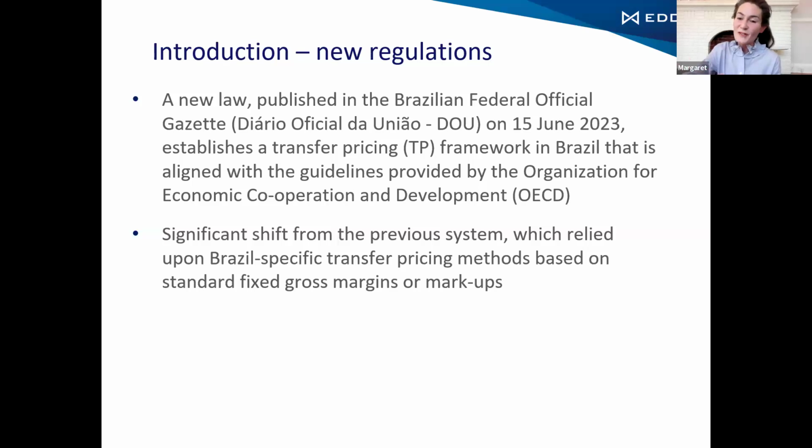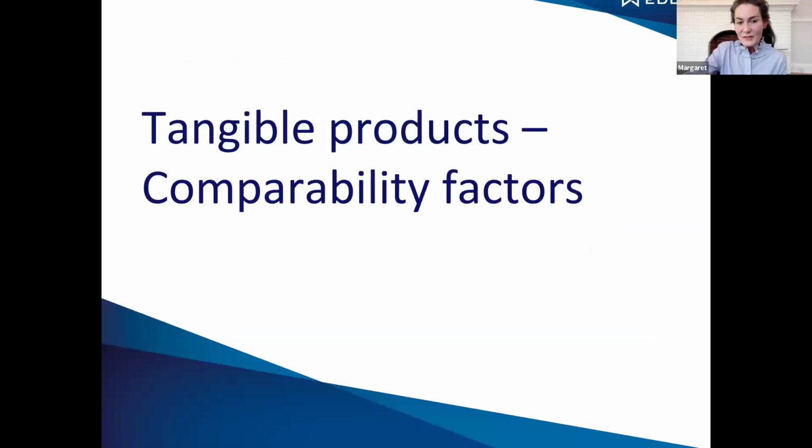I guess what's most going to be interesting is to see what they accept and what they don't, because a lot of what we rely on in the US is case law, where there's been a disagreement with the IRS, our tax authority, and then it's gone to court. And so you see what's been decided in court and you can rely on that. But because these regulations are very new, there's no case law to refer back to. So I think that's going to be very interesting. We're starting from the very beginning. So let's skip past these two slides and we'll talk about comparability factors.